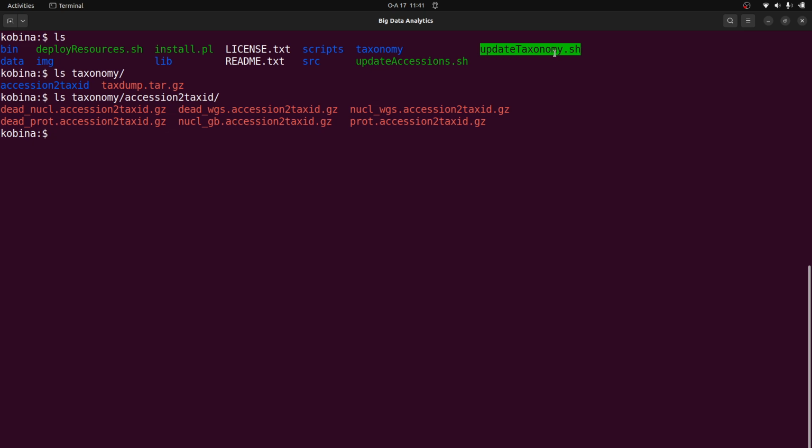That's update taxonomy.sh and then update accession.sh. Okay, I repeat, update taxonomy.sh, update accessions.sh. All right. So we will start with this one. So here, when we are executing it, we also need to add some flags, some information. So I'll show you. So if you already have the files, the NCBI source files, like in our case, then we'll say